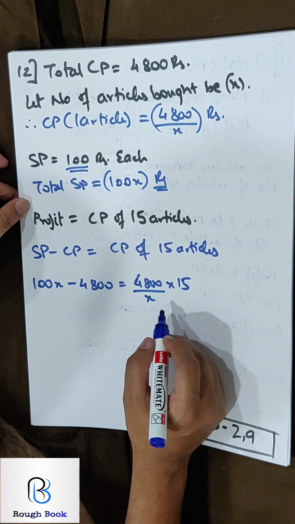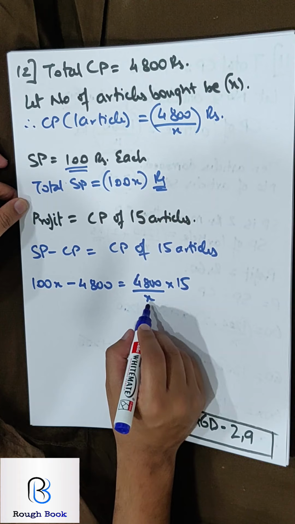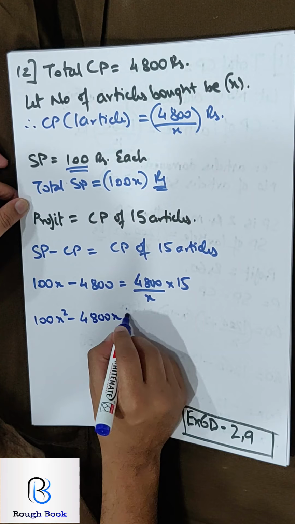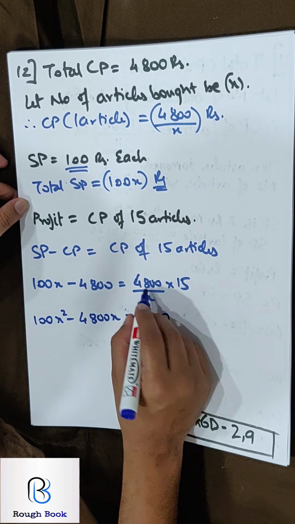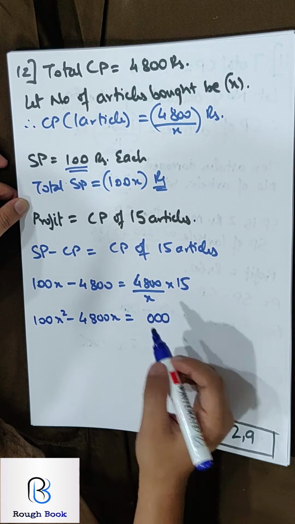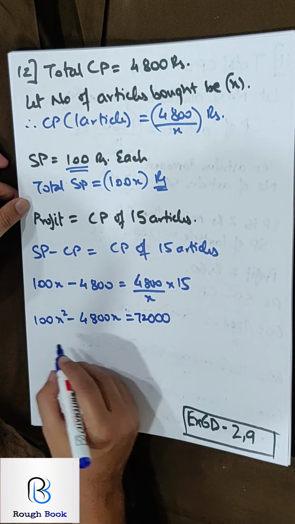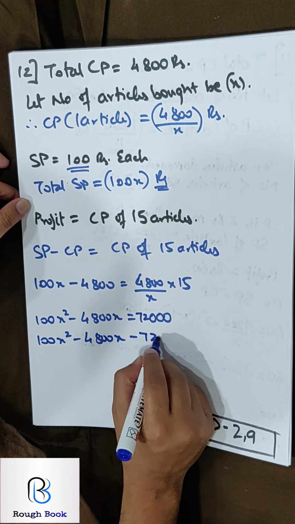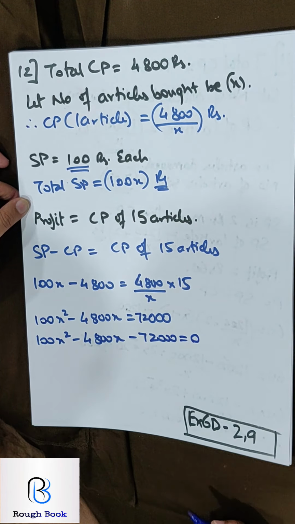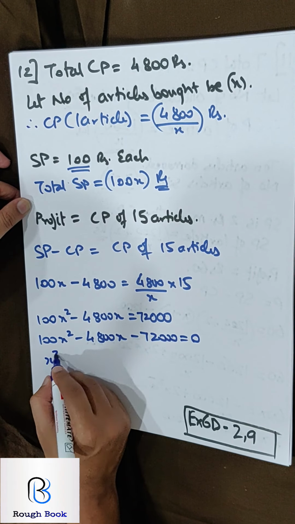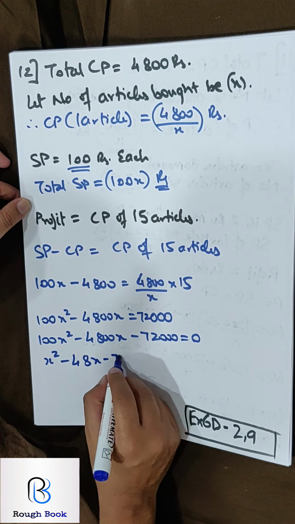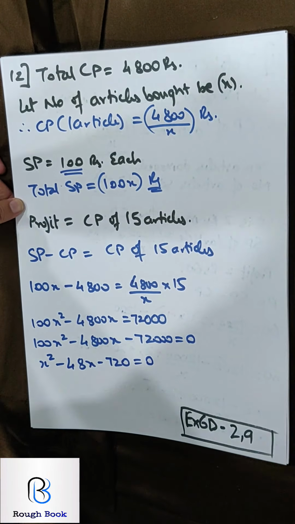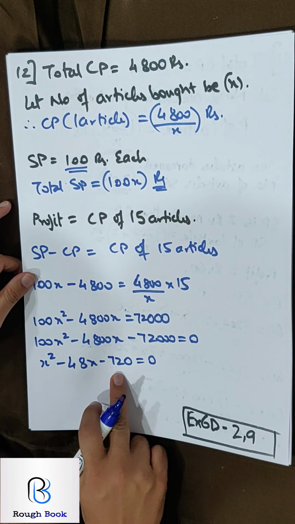Alright. So let's see how can we take this forward now. So taking the LCM for x. So this will be 100 x square, 4,800x, 15 into 8, 120. So 12. 15 for the 60, 72. So I get 100 x square, 4,800x minus 72,000 equals 0. So I can divide each term by 100. So x square minus 48x minus 720. Now this looks little reasonable to us and we can solve this further. So let's take it forward.